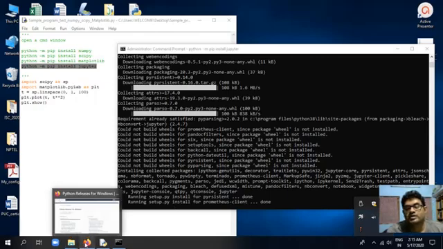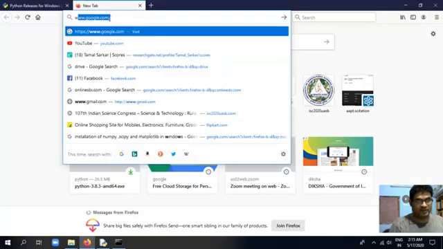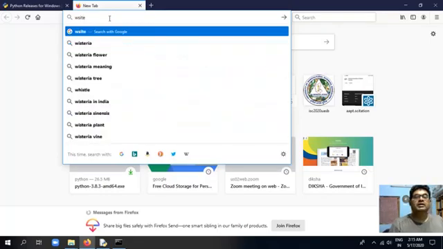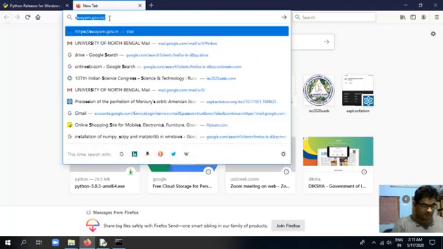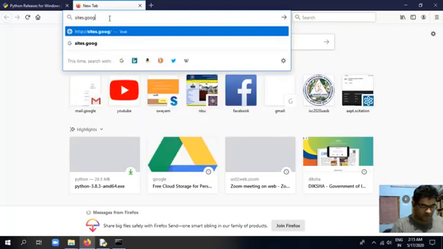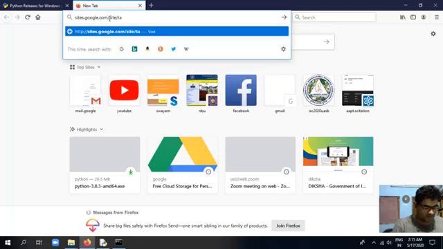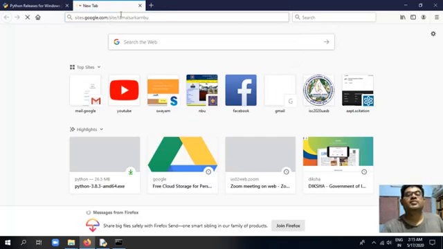By the way, I have also created a page for the Linux user. I am showing you the page while the installation is going on. You have to type sites.google.com/site/tamalsarkarndu. This is my personal page.